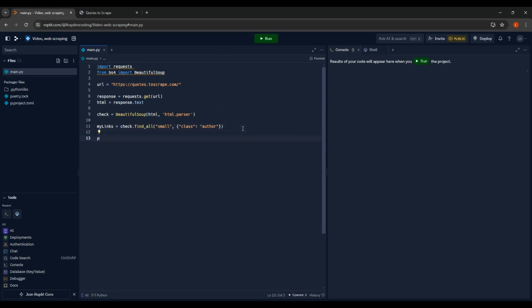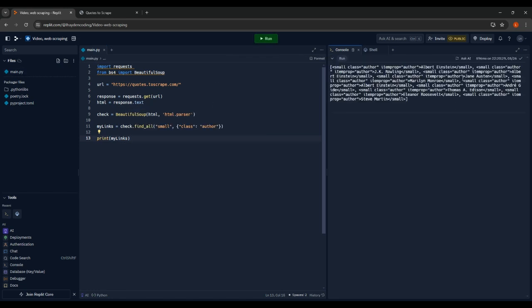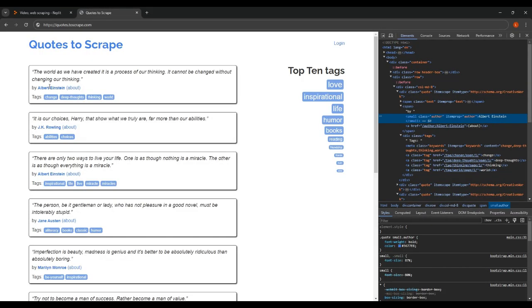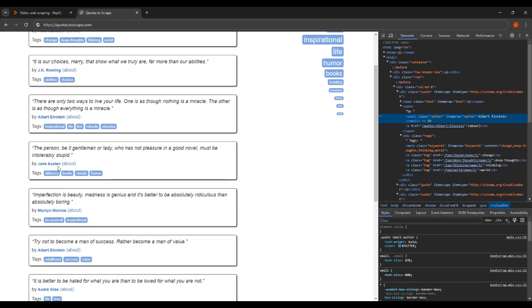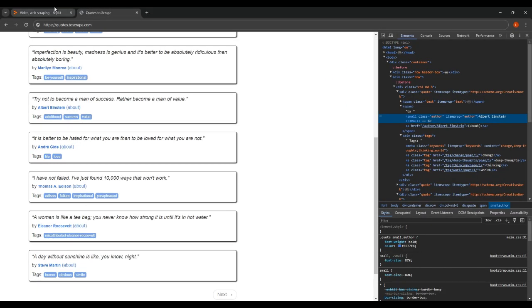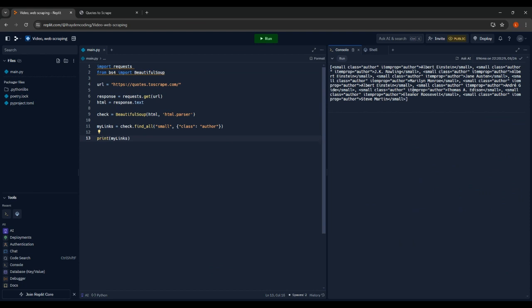If we want to check all the stuff, we can just print that out, and it would print all the authors on this page. So it would print here, here, here, here, here, and so forth. So you can see them all here. So you see Thomas Edison, Albert Einstein, and for this example, I'm going to be looking for all the quotes by Albert Einstein. So next what we need to do is we need to find the quotes that are made